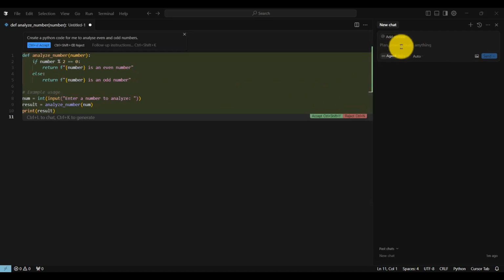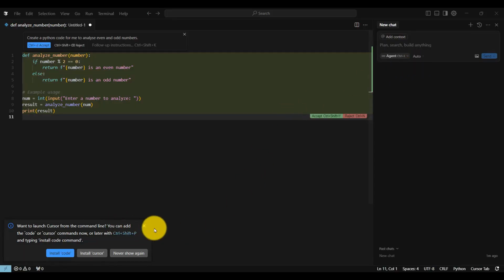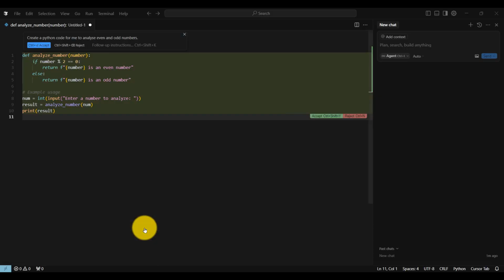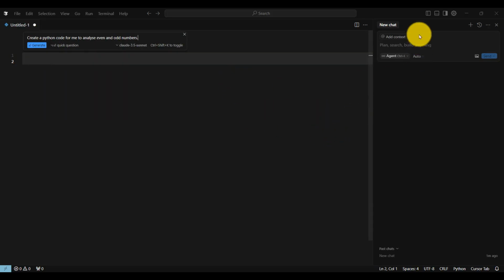So now we will try our chat feature. In chat you will get some pop-ups here. In case you want to install you can, but for now I am ignoring them. Here I am using reject as I don't want this code. So in the chat I am putting: write a code for me to print prime numbers